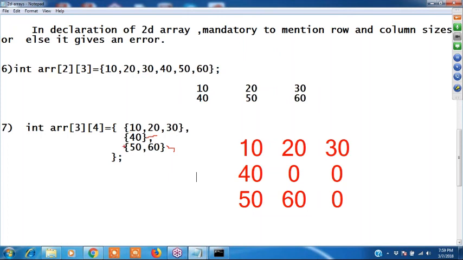This is the first row, this is the second row, and the third row. 10, 20, 30 is okay. For 40, there are no other elements, so the other two elements are 0. Here you have written only 50, 60, so the other element is taken as 0. What addresses it takes, we will discuss, and how to access using pointers also.